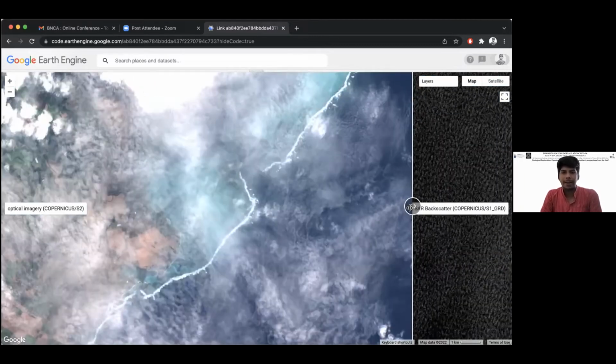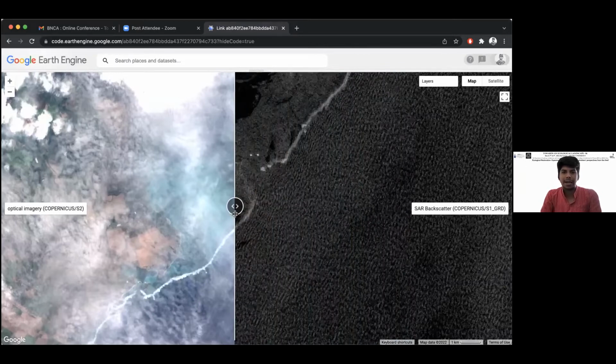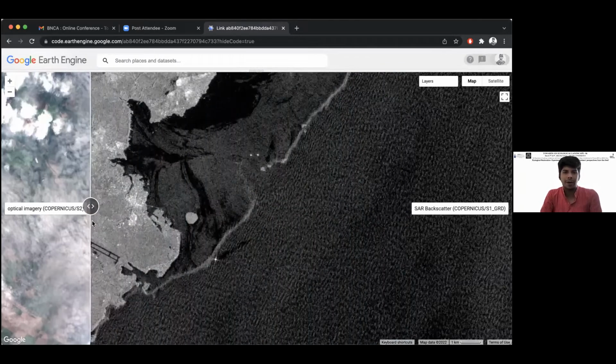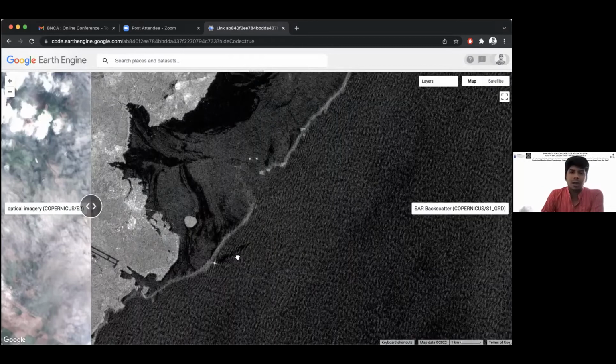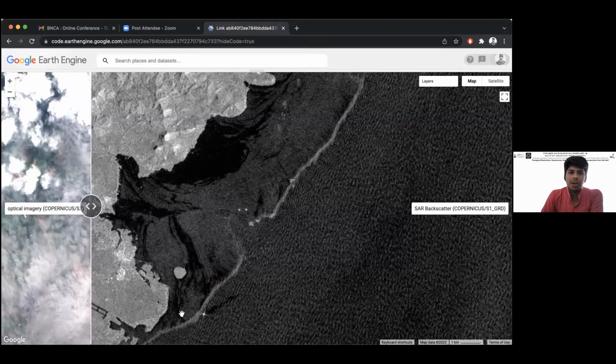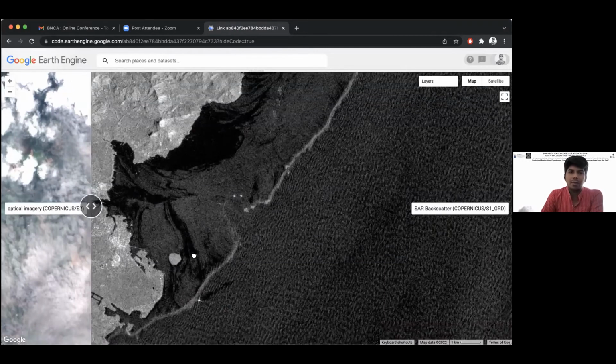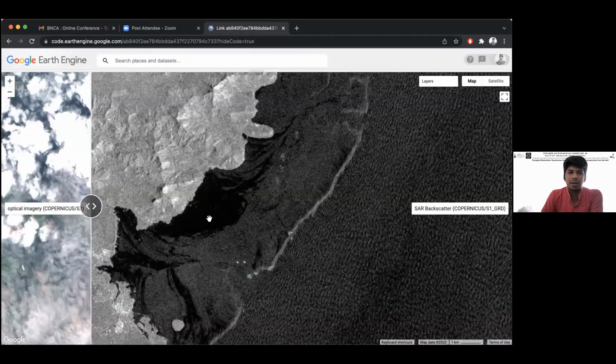Okay, and on the right hand side, when I just flip it, you'll find a small twinkling thing over here. This is basically the ship where the oil spill actually happened. And this was a couple of days after the oil spill, and you can see the oil slick moving across the coastline and how it's affecting the entire coastline.